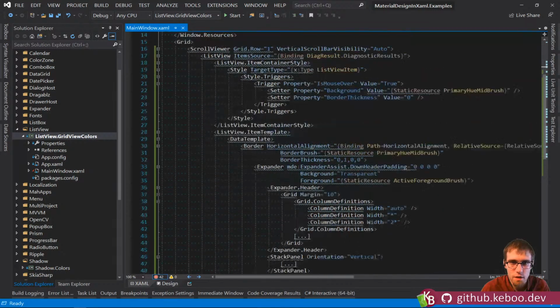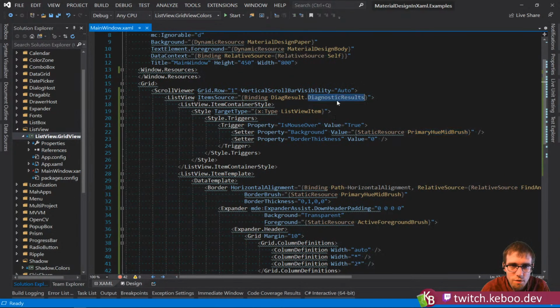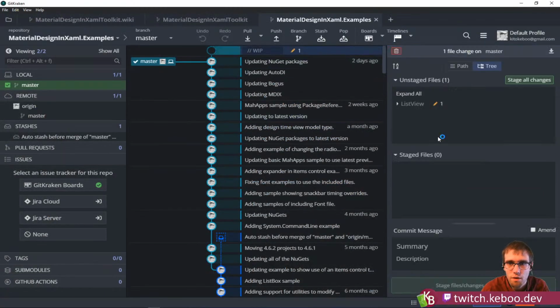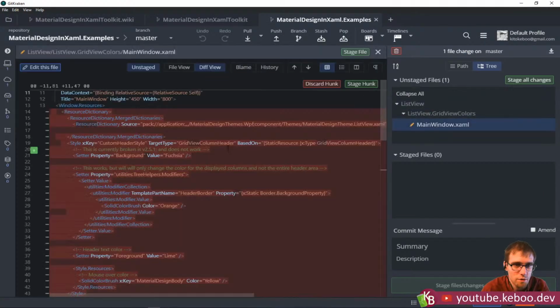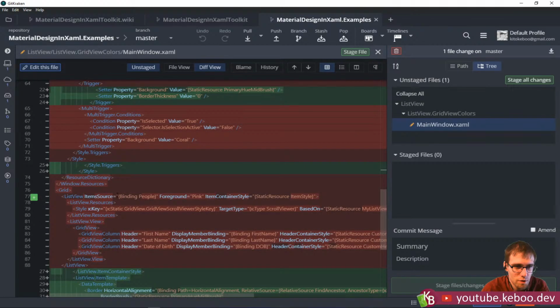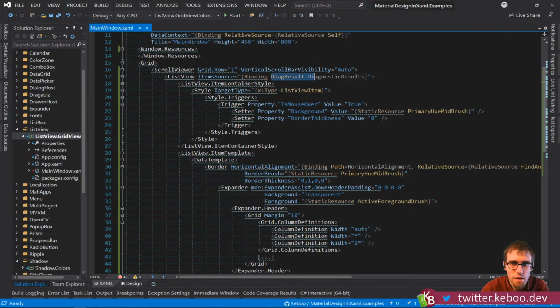Okay, so it thinks it's going to go. So we've got a scroll view. There is a reference to the primary hue mid brush, but let's see. So we've got an item source of stuff, right? I kind of want to go back over here and look at, because I have an item source too, but the item source I was using is just people, right? So let's do that. So item source binding